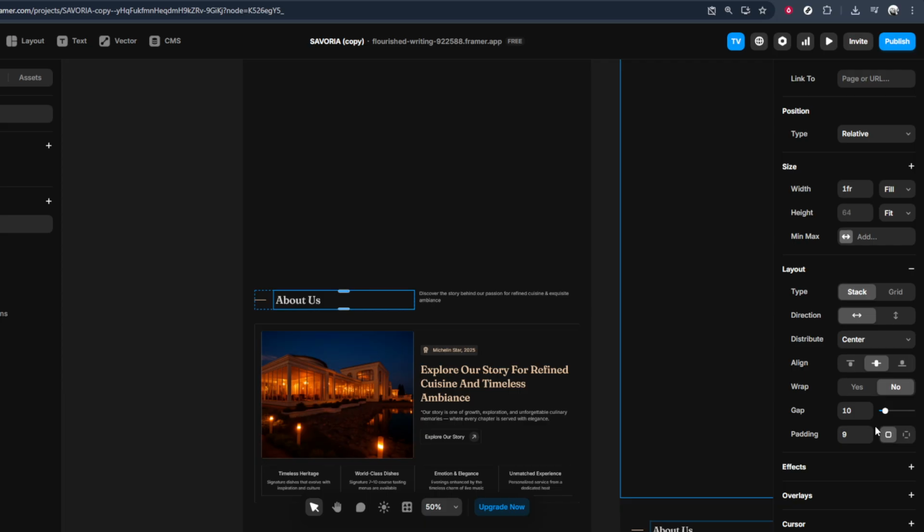Once you're happy with the settings, you can quickly duplicate or reorder elements inside the stack, and everything will stay aligned automatically. That's all you